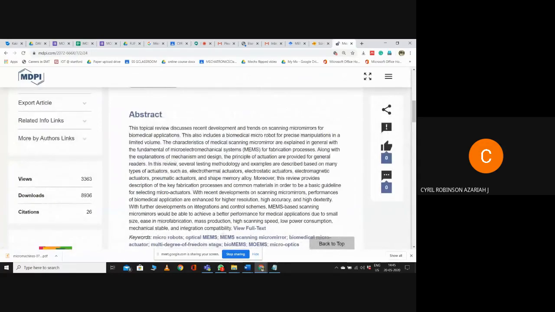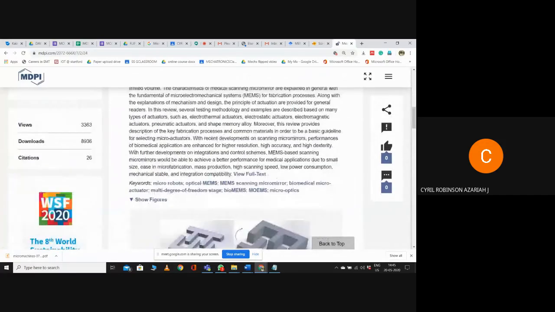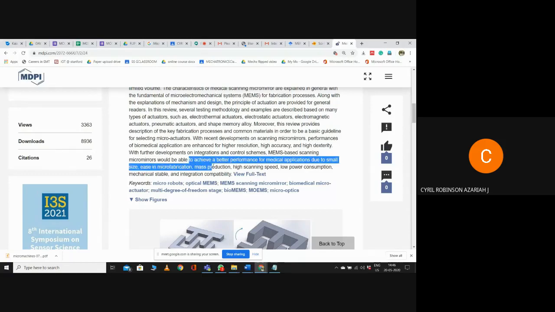They may say, with further development and integration, it will be able to achieve a better performance for medical application due to small size. Okay, they have given a suggestion. So maybe you can copy and paste this itself.